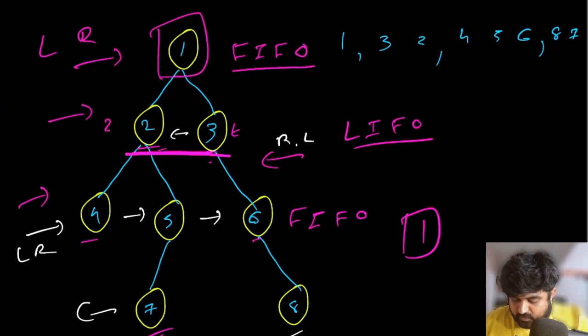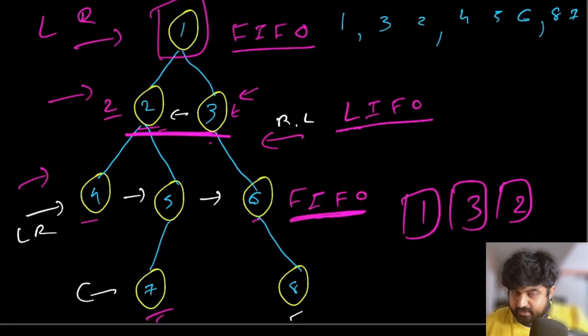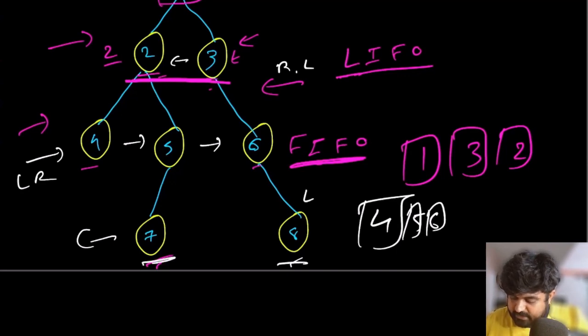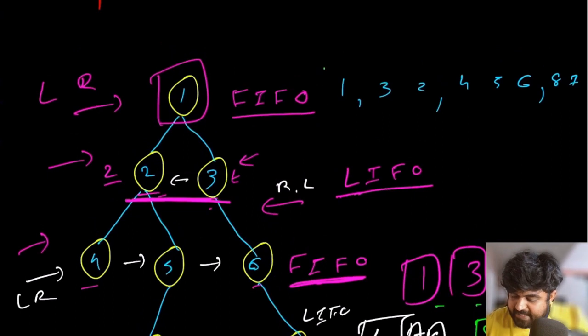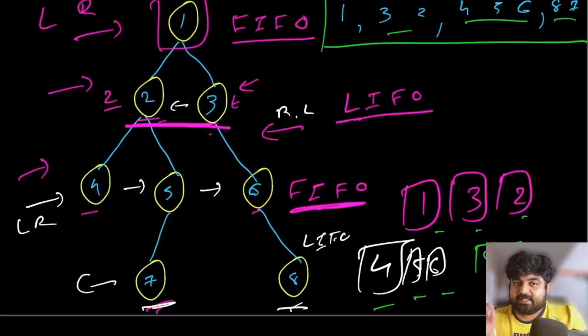So even though 2 was in the queue before value number 3, we are going to have 3, that was the last value, come out before the value of 2. So 1, 3 and 2, like this. Again, we are going to use first in first out for this particular level. So the solution is going to be 4, 5, 6. That is pretty simple. But for these two, again we are going to use the LIFO principle, and that is going to give us the answer of 8 and 7. Now if we see this sequence 1, 3, 2, 4, 5, 6, 8, 7, this matches with the original answer we wrote at the beginning, 1, 3, 2, 4, 5, 6, 8, 7, and this is the whole solution.